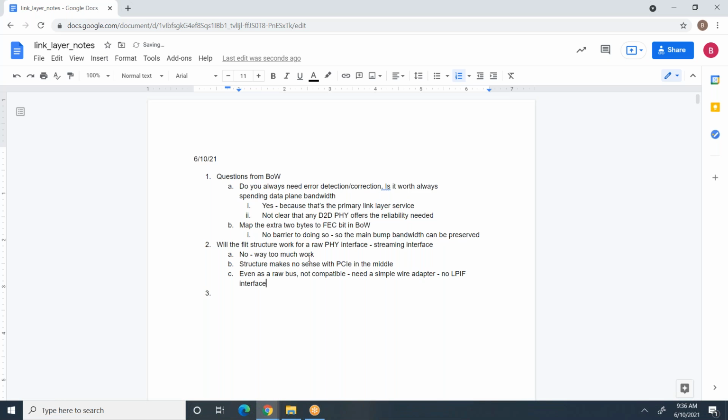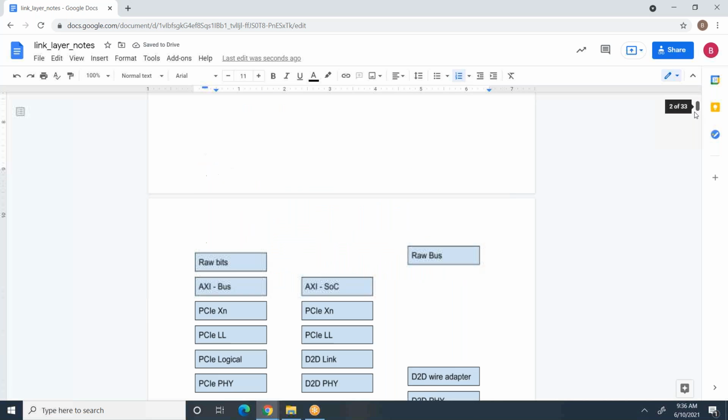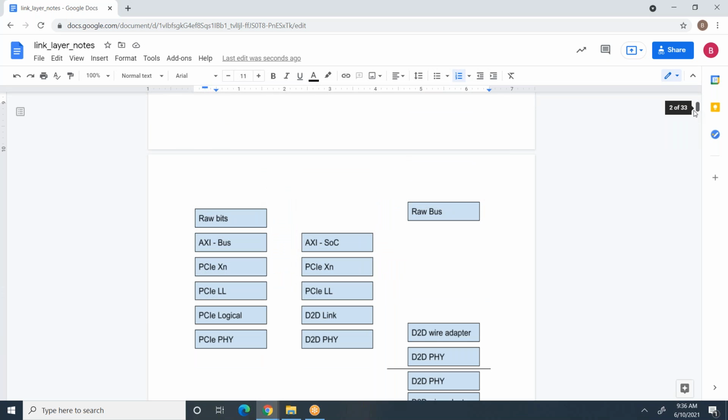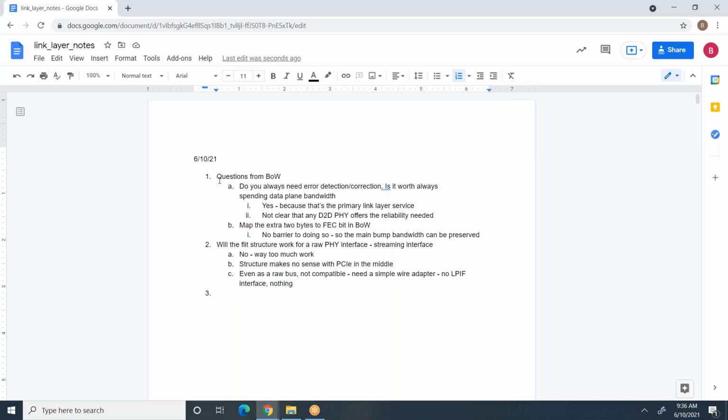That's it. So actually, I suppose we could throw the question back to the Bow group. What service do they want? No, this is not from the Bow group. Sorry. So 1 and 2 are from the Bow. 1 was from the Bow group. 2 is from me, because I came across